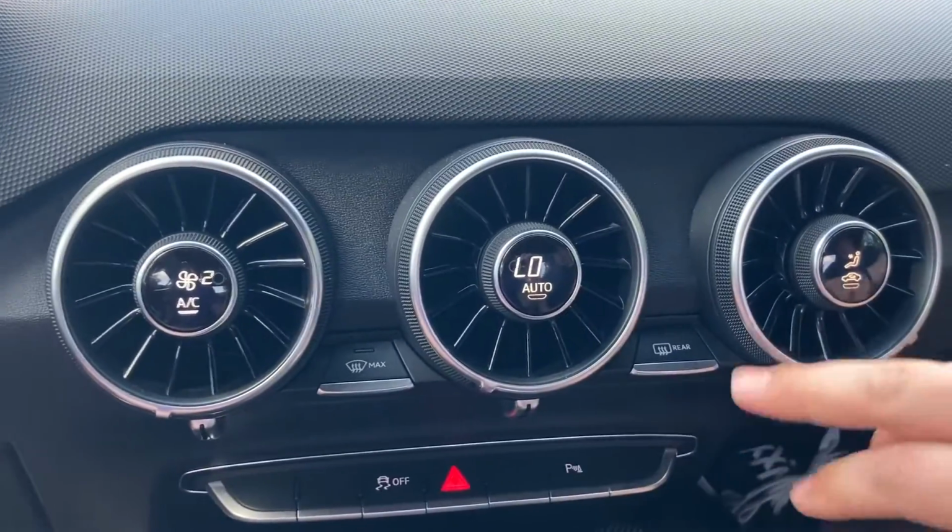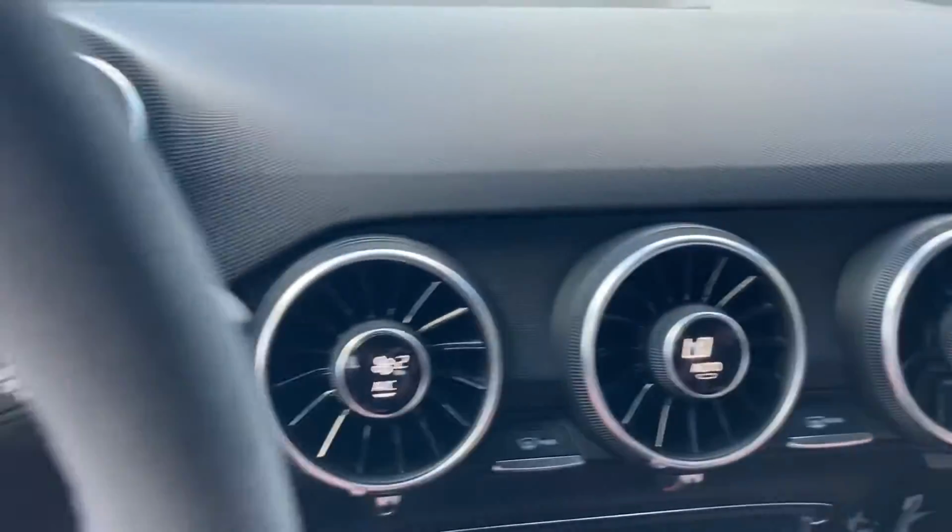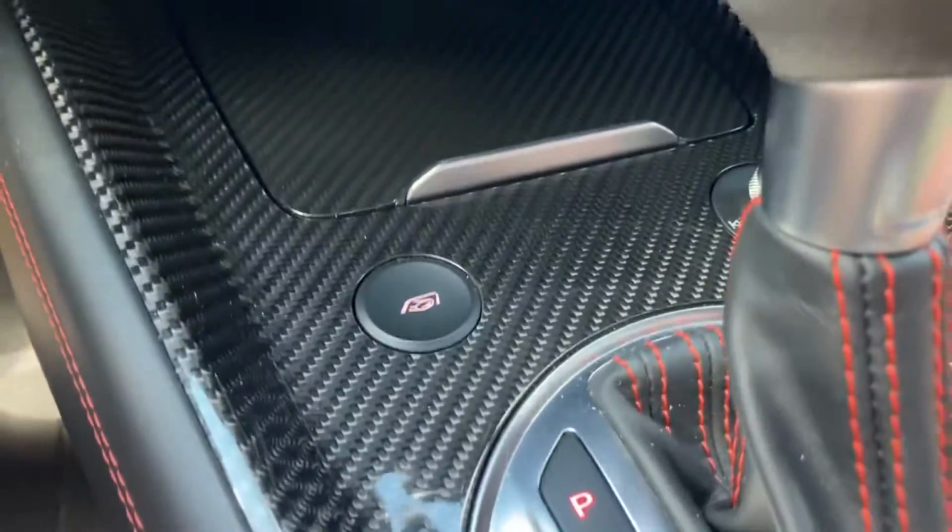And then actually there's these AC controls all on these knobs, which is pretty neat, I think. There's actually 5. There's one over there as well. There's one over here. This has my heated seat button, as you guys can see. So it's got heated seats. That's a nice option. Other buttons in here, there is the